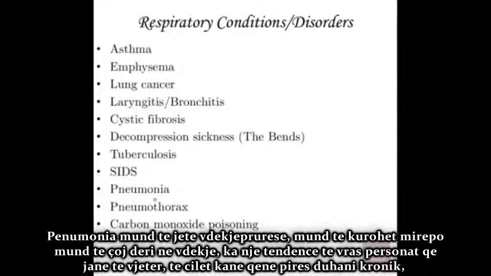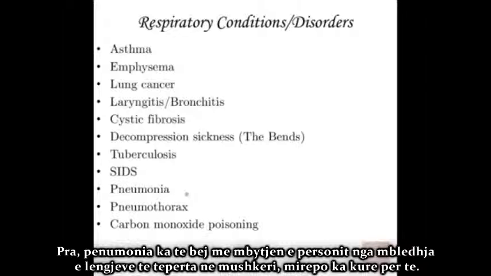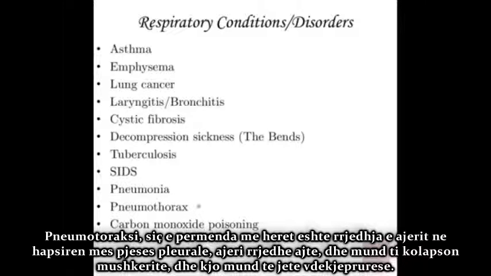It's going to tend to kill somebody who is much older, who has been a chronic smoker, because like I mentioned earlier in the lesson, people who smoke a lot tend to damage the cilia that are meant to sweep up the excess mucus so that you don't drown in your own fluids. So pneumonia has to do with basically drowning in the fluids within the lungs, but it can be cured. A pneumothorax, like I mentioned earlier, is a leakage of air into the space between the pleura, and air leaking in there can collapse the lung, and that can be fatal as well.